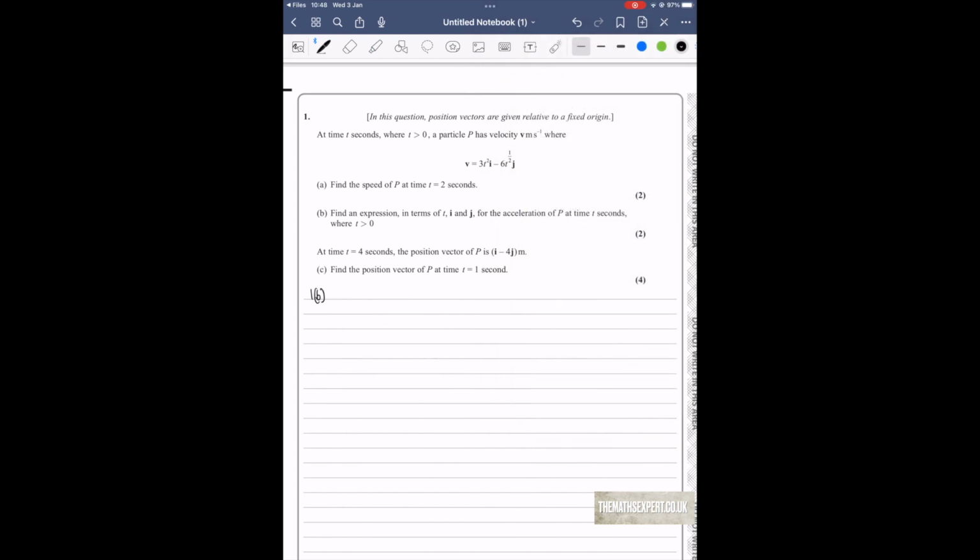Find an expression in terms of t, i, and j for the acceleration of P at time t seconds, where t is greater than 0. So you're wondering, how do we do that? Well, I know the relationship between velocity, acceleration, and displacement. Always remember this: the first level of the equation is s. If you do ds over dt, the second level gives you the velocity, and then dv over dt equals acceleration. They're all derivatives of each other. So going downwards, you differentiate